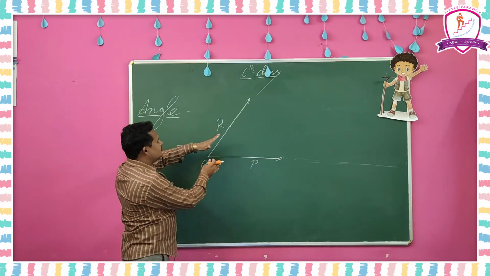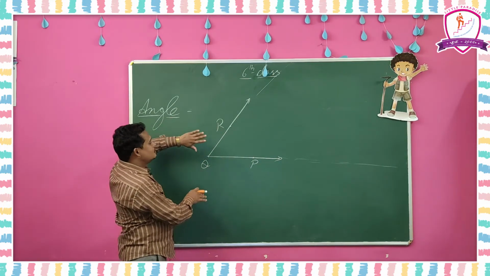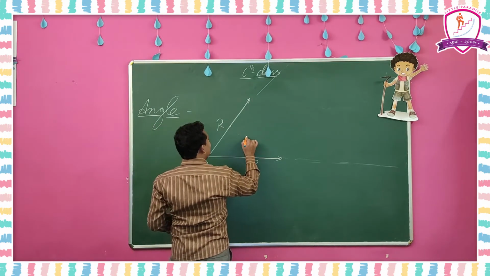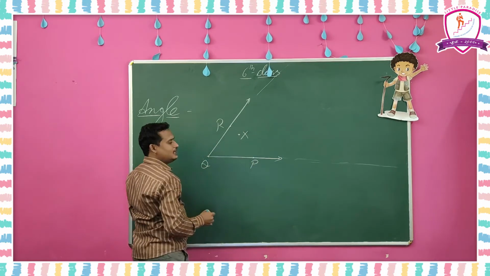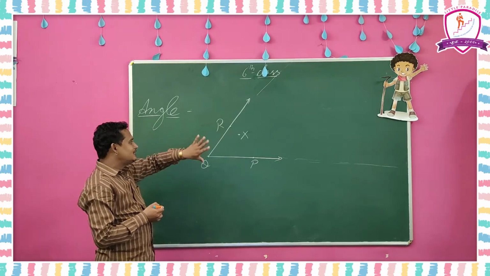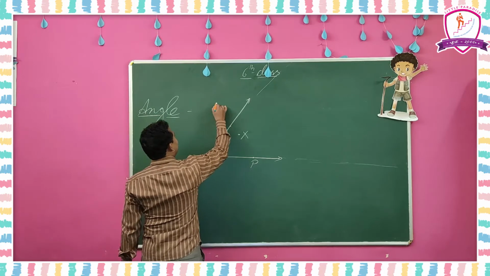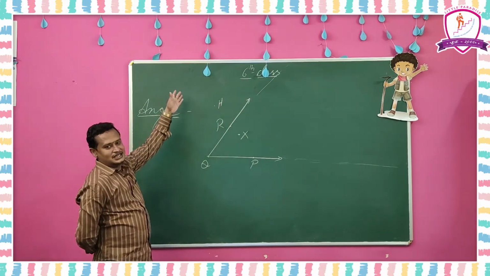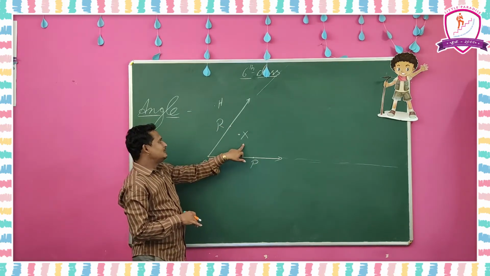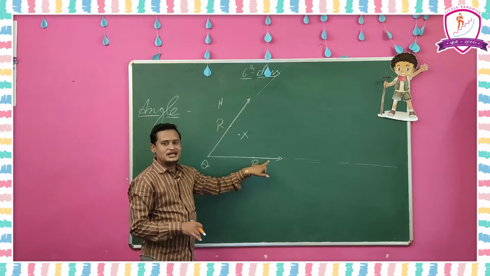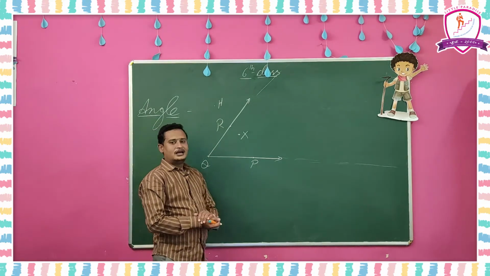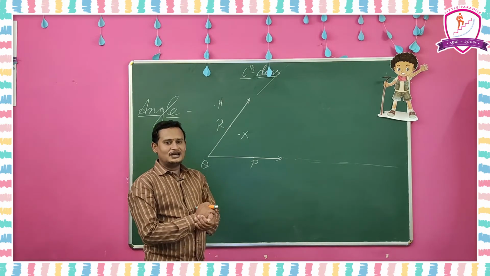So here, what is the exterior region? Outside of that angle will become the exterior region. If I put a point here, X, this X is in the interior of the angle. So interior X is placed in the interior region of the angle, and here H I plot here. So H is the exterior, and P and R are on that angle. This is interior, this is exterior, and these are points placed on the angle. Understood? This is about the exterior region and interior region of the angles.